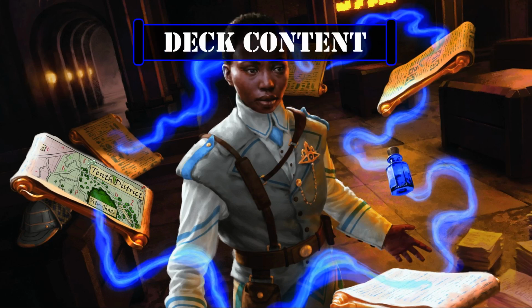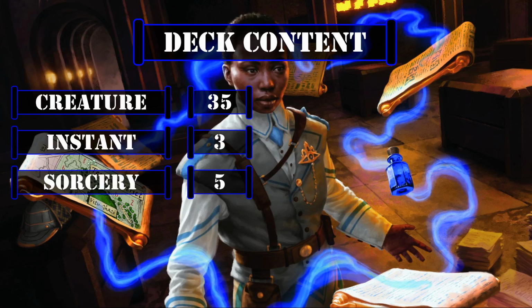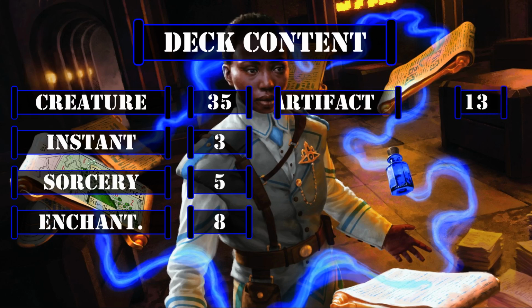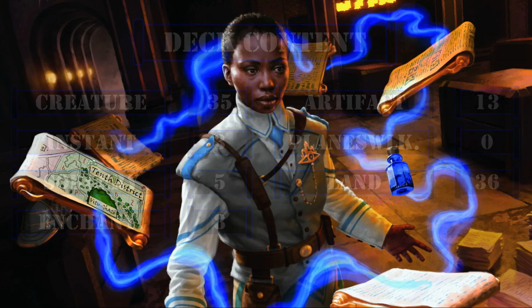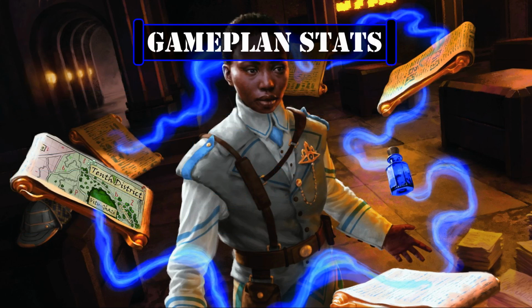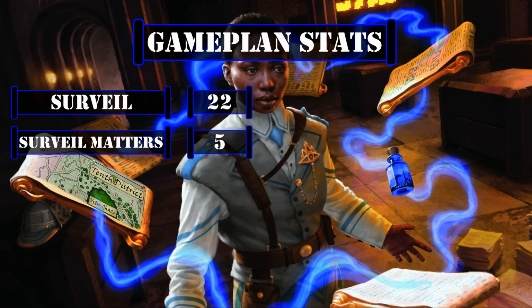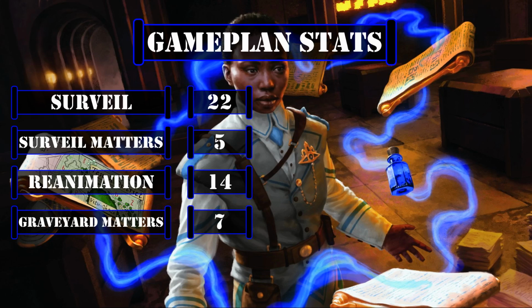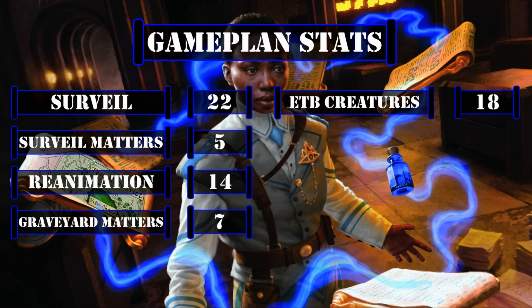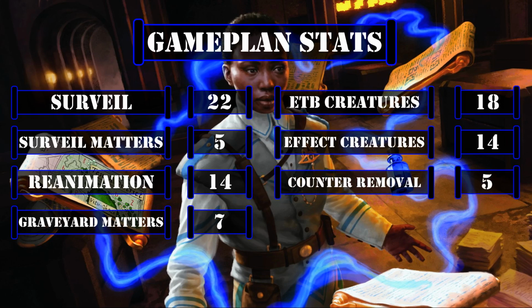This deck currently has 35 creatures including our commander, 3 instants, 5 sorceries, 8 enchantments, 13 artifacts, 0 planeswalkers, and 36 lands. Looking at the stats that matter to our game plan, we have 22 sources of surveil, 5 cards that care about us surveilling, 14 cards that can reanimate themselves or others, 7 cards that care about our graveyard outside of reanimation, 18 creatures with ETB effects, 14 creatures with passive or on-attack effects,